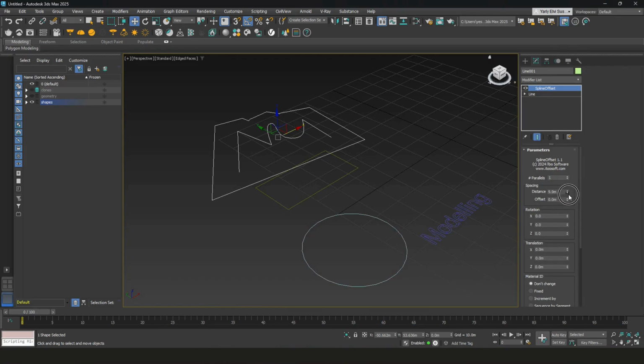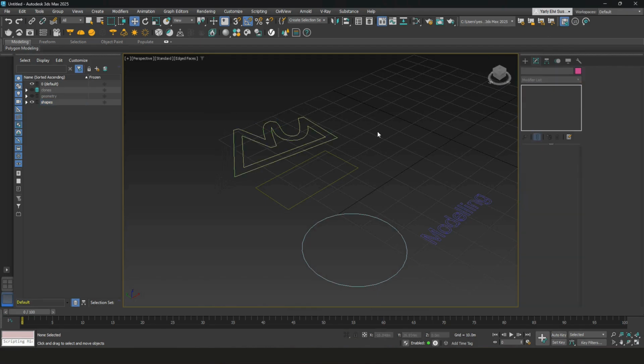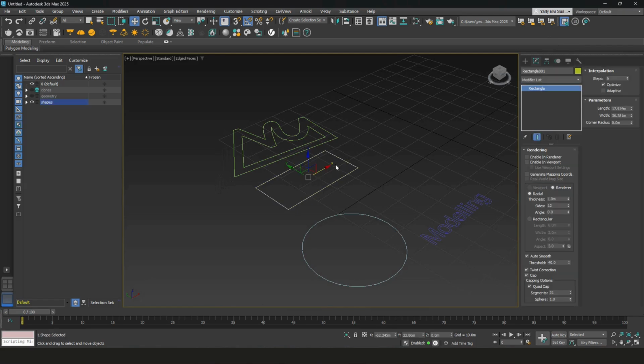And with the distance I'll lower it down to maybe 1.8 and scroll down. I'll do double-sided offset and remove the original spline. Okay, so